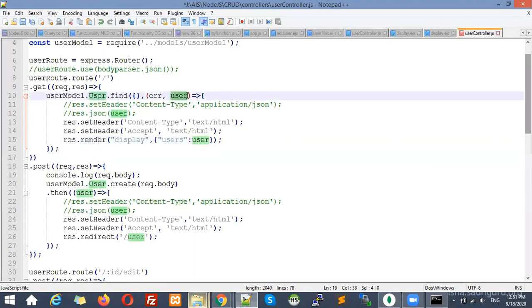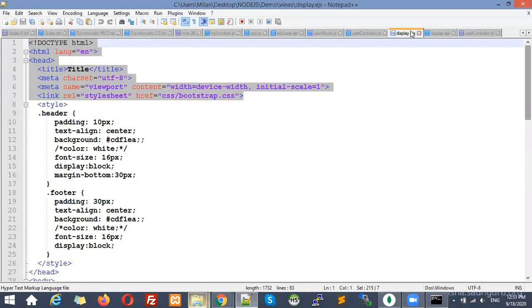User is this parameter, and whatever result we get through the find method is stored inside this user variable, and that variable we are passing to this one. That means our whole table data of user is available inside this one. But where are we passing it? To the display page. So in the display page, it will be available with the name user, right?